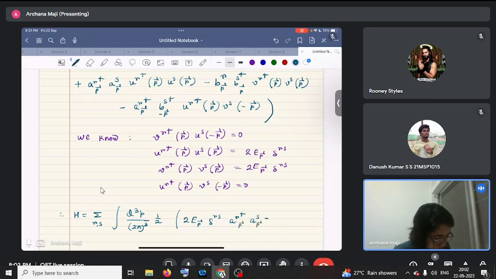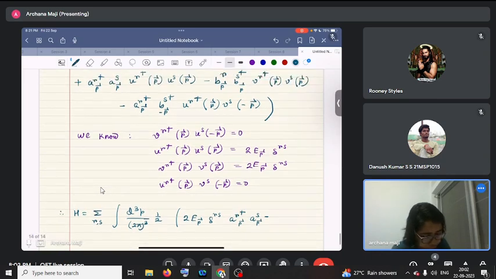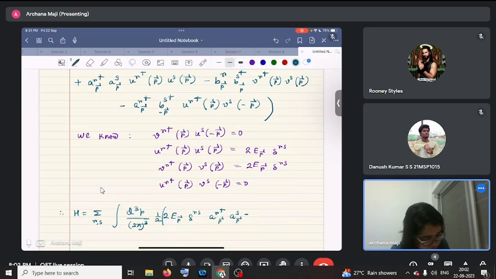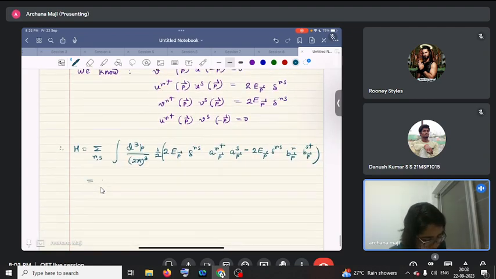The next term is minus 2 E_p delta_rs b_r p b_s dagger p. Okay, so 2 gets cancelled out. We can take the summation over r,